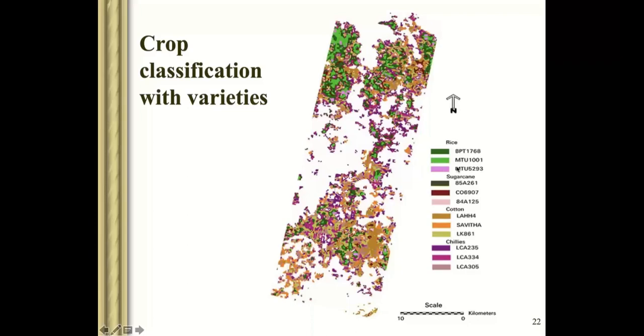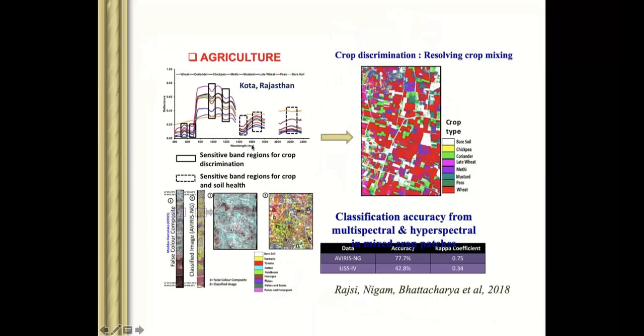Why are some rices smelling good? Because they have some chemicals in one rice that are absent in another rice. So you can easily detect those types of species differences also. That is quite powerful. Similarly, you can see the mineral mapping and crop type mapping of the Rajasthan area. You can do this crop discrimination analysis by using Everest-NG.